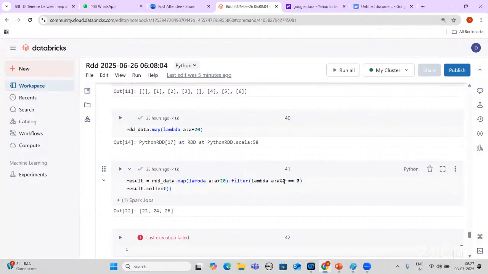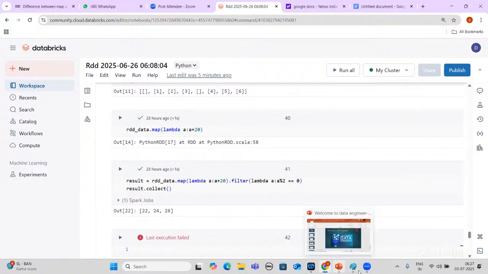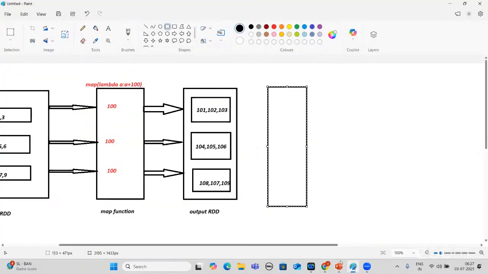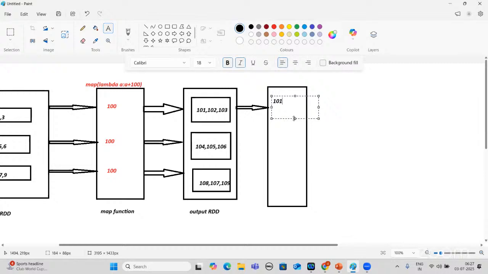Percentage is nothing but the remainder we receive. So when we call this with 101 by 2, what output will we receive? 1, right?